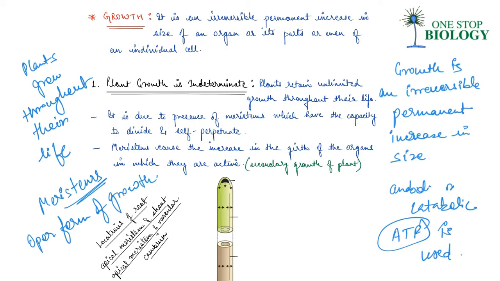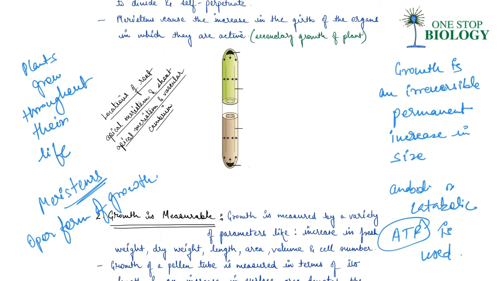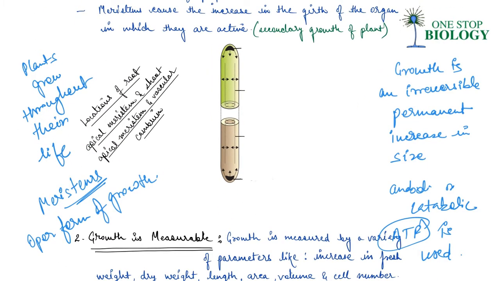And in the previous chapter, we have also studied about what? We have studied about the root and shoot apical meristems. So here the diagram that you are able to see is what? The upper part is shoot and the lower part is root, right? And this is the meristem part, right? So the shoot meristem is known as shoot apical meristem.